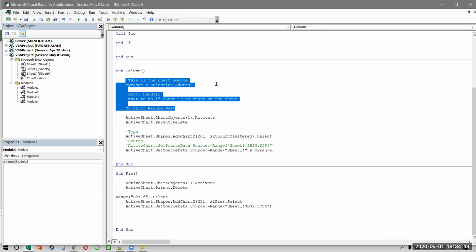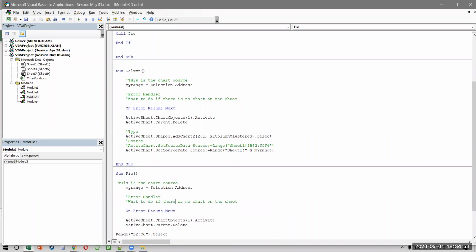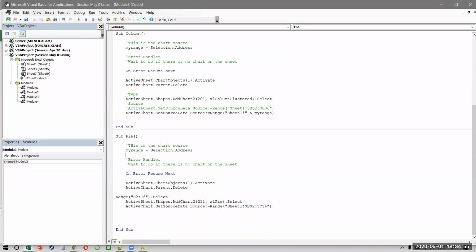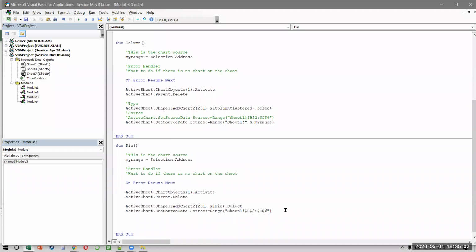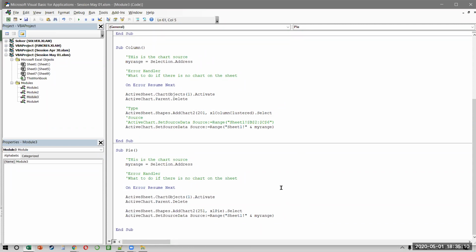So my error handler, Control C. And then we don't need this bit. And we can just copy this one, Control C, and then Control V. Okay. And I think everything is okay now.